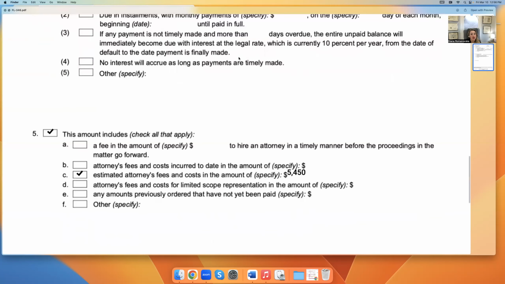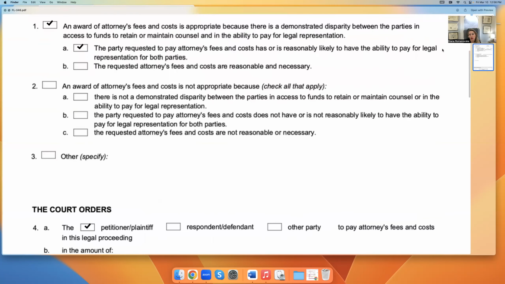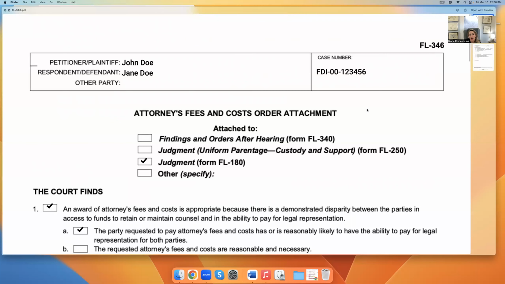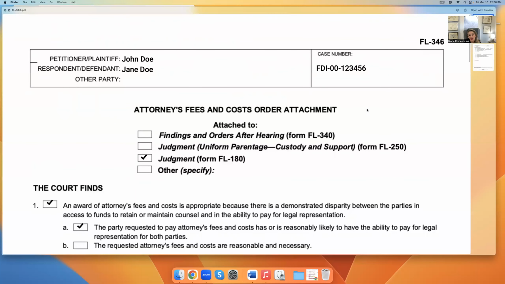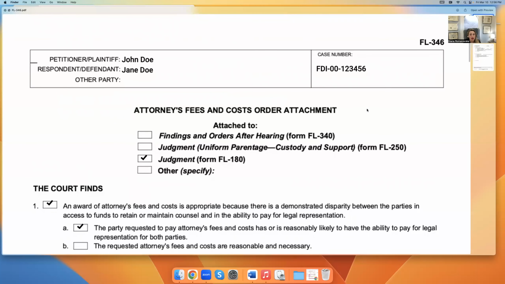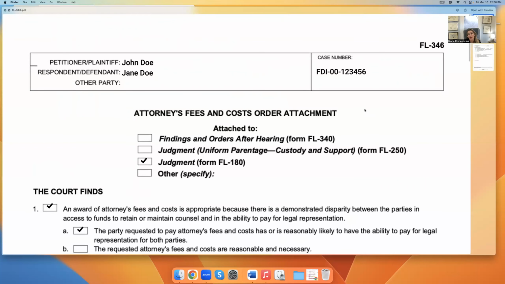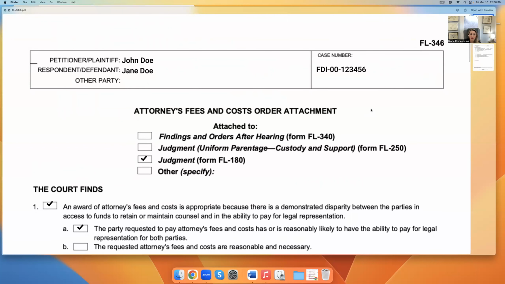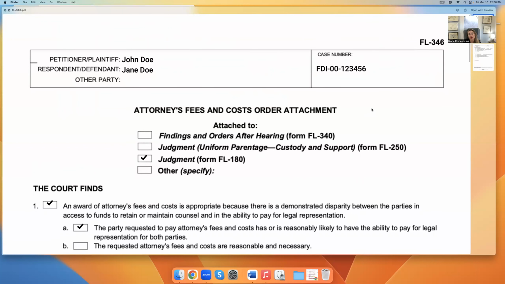So that form is pretty simple. If you don't want to deal with that form, you can use attorney's fees under division of assets, under other orders or other agreements, and just add each party pays their attorney's fees. Because if you leave it open and you don't say anything about attorney's fees, guess what? The court retains jurisdiction over things that haven't been discussed in the division of assets forms. Okay.